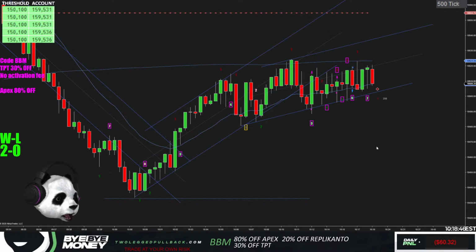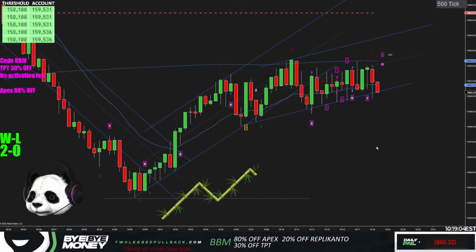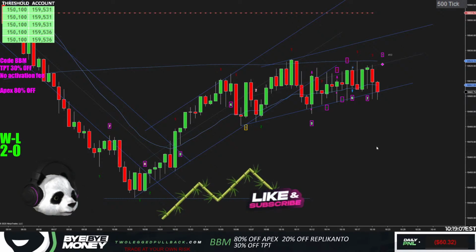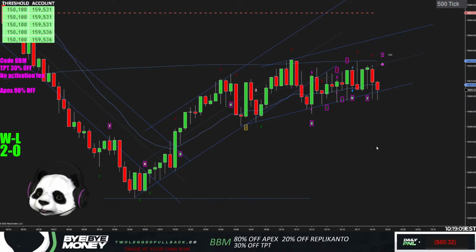Panda, with TPT, after the sim, do you need to make another 1500 for the 25k account before you can withdraw in the pro account? Or are you going to start the pro account with 1500? Yeah, unfortunately, bad news. You start at 0 and you've got to make another 1500 to get above the safety net. They call it a buffer, but it's a safety net, same thing. Anything above 1500 you can start withdrawing, but you need to make a safety net first, and the safety net is always equal to the threshold amount. So sorry, bad news. I know you didn't want to hear that, but it is what it is.